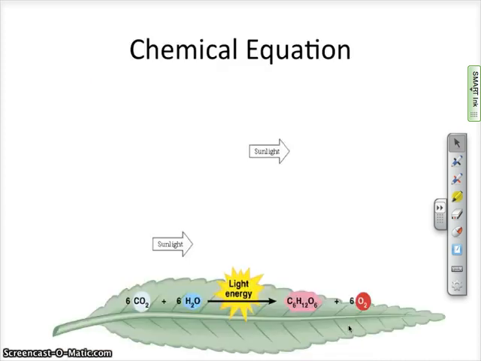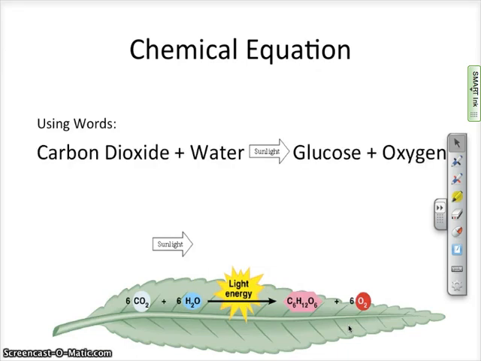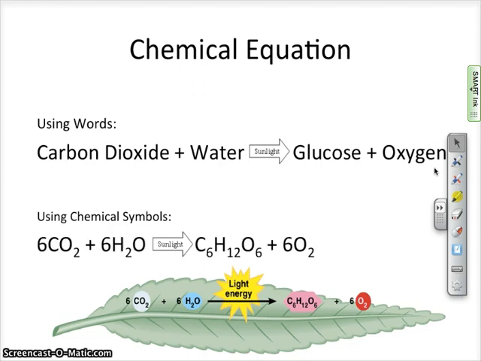So now let's look at the chemical equation. If we're using words, carbon dioxide plus water with the addition of sunlight yields, we say yields when we see that arrow, glucose and oxygen. If we use chemical symbols, it looks like this. Now don't get too afraid of all of these different letters and numbers. It just means 6 molecules of carbon dioxide plus 6 molecules of water